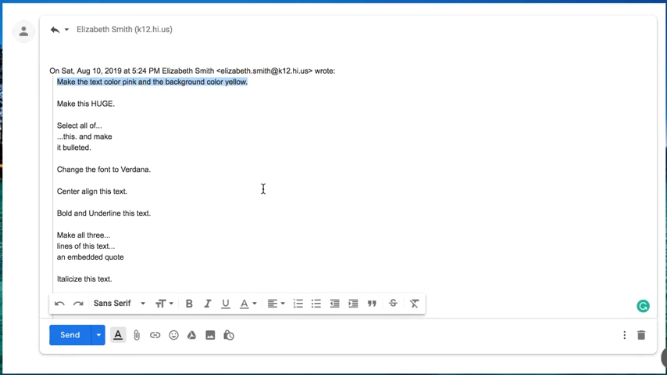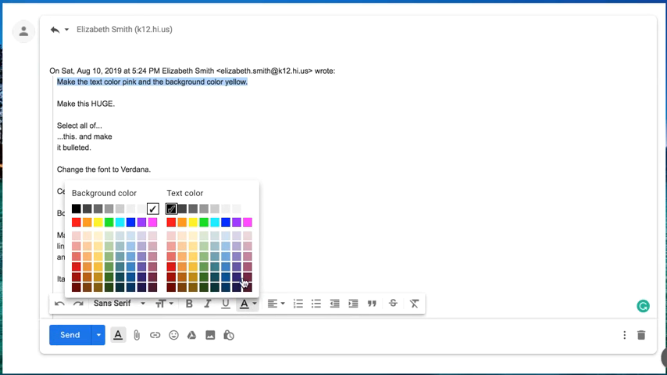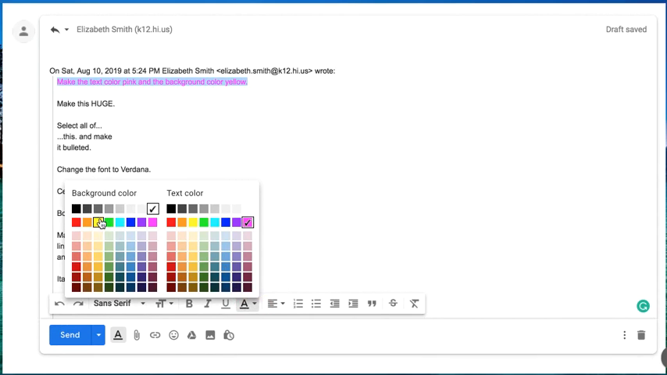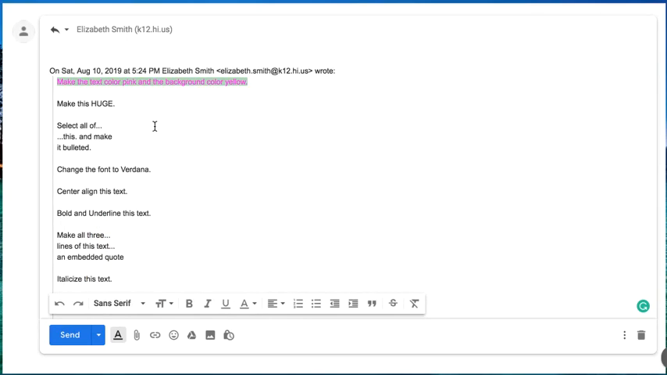This one says make the text color pink and the background color yellow. So this is the toolbox here that I'm going to be using. So this A here with the underline is text color. So it says make the text color pink. So here's text color, pink, and the background color yellow. So again, I'm going to go here and do background color yellow. This is kind of cool. It means you can highlight your text, you can draw attention to it and let people know what you think